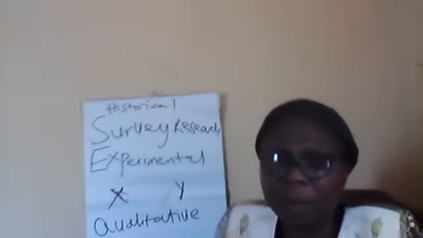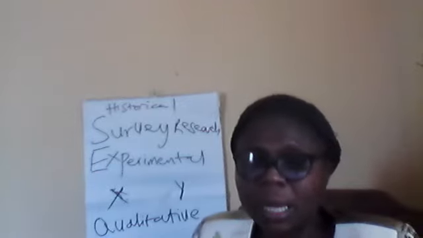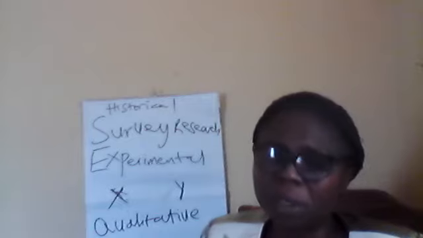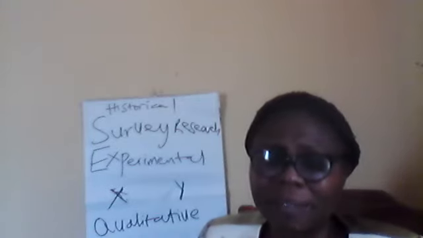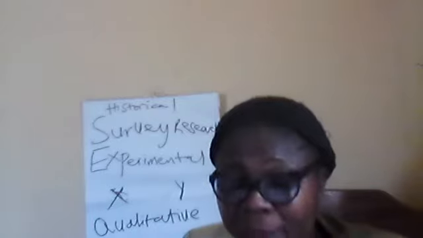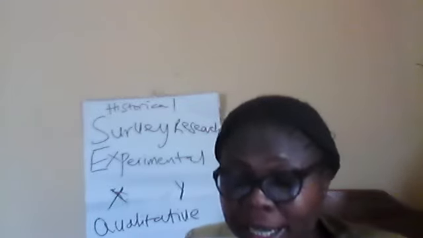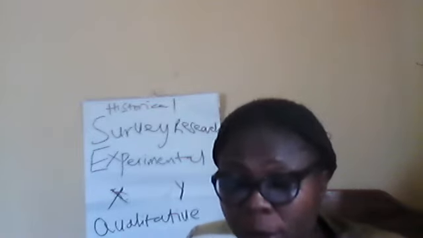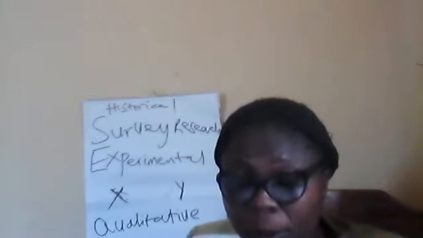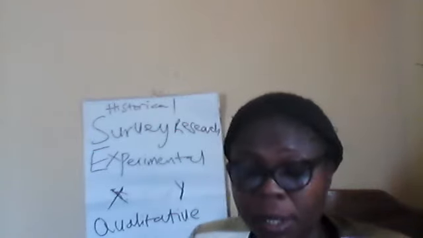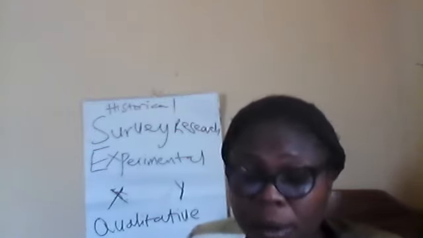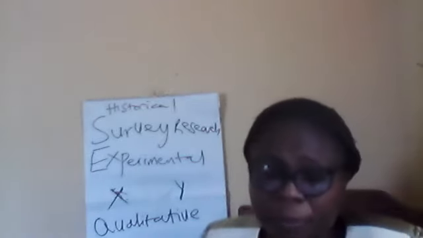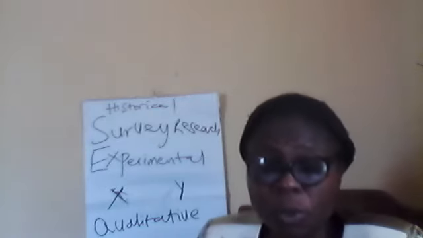Some people, before they go into quantitative research, will first of all gather information on the historical background and everything. We said we have different types of qualitative research, different models. So they will first of all go into qualitative, like the historical model. It will provide evidence, it will provide information,